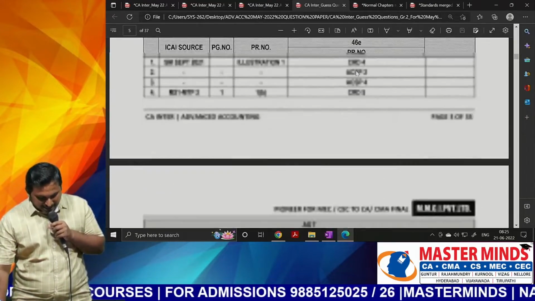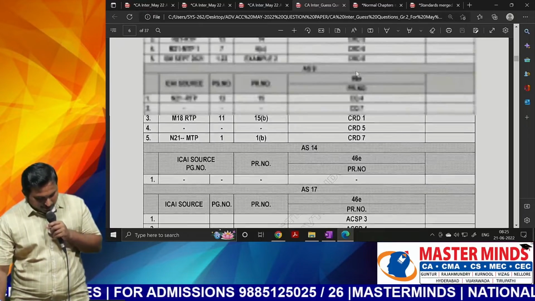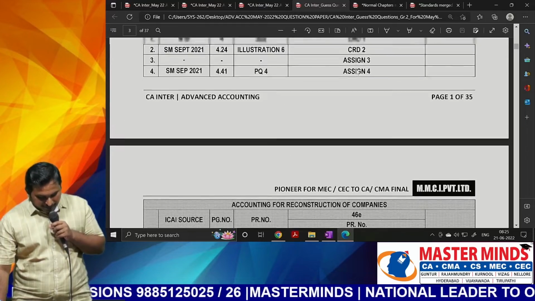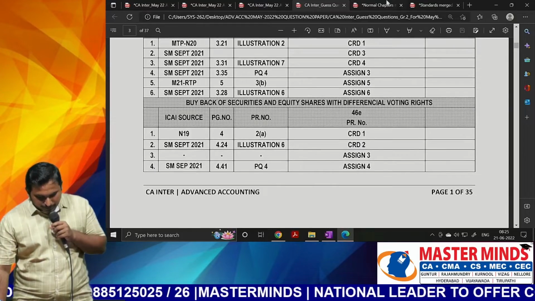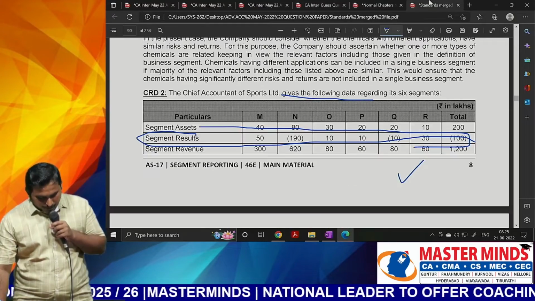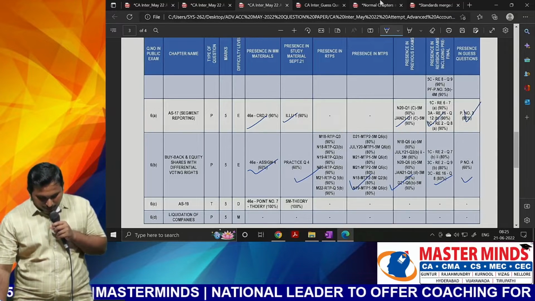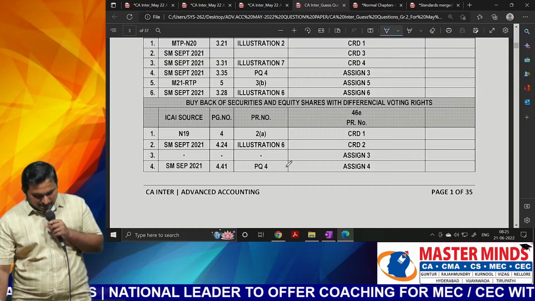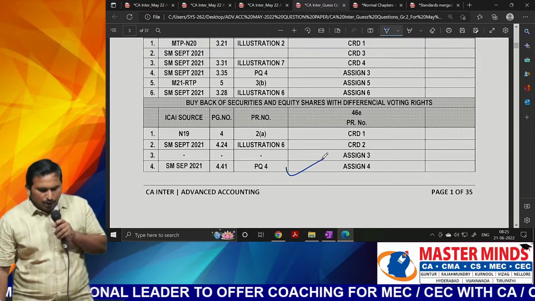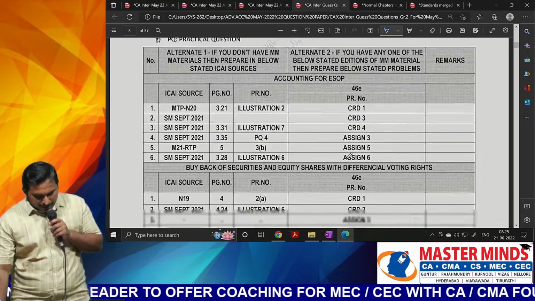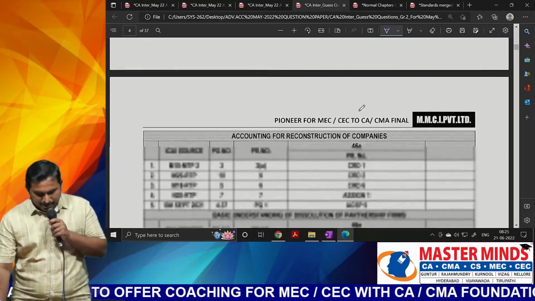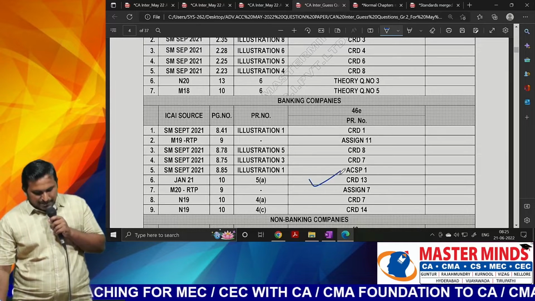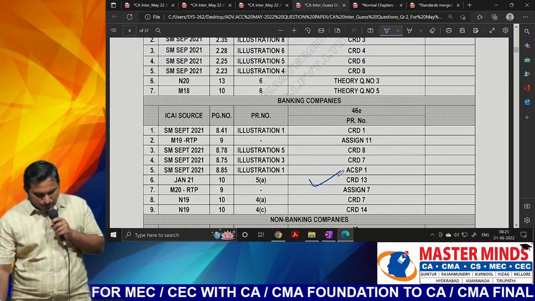This is in standards, right? Sorry, buyback. Let me show you. All these were covered, sir, when I gave the number. So it was problem number 4. You could observe assignment 4, it was covered in our buyback. All the questions till now, may it be buyback, CRD 2 I have said, may it be the banking companies, the last question which we have seen on capital adequacy ratio. Like that, these were already covered.